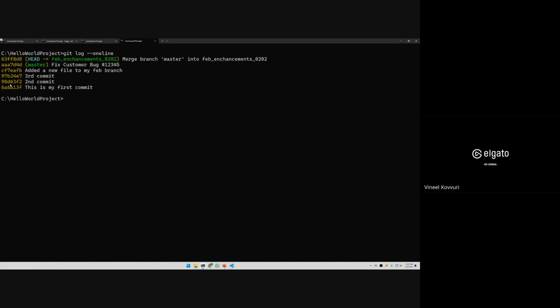Okay. Looking at this log, it is so hard for you to even understand which commits came from which branch, and it becomes so complicated very quickly. Since I am making these changes, I'm able to recollect that this commit has been created in feature branch, and whereas this commit is created in master branch. But in real world, it becomes very, very, very hard for you to look at the log. So just keep in mind,